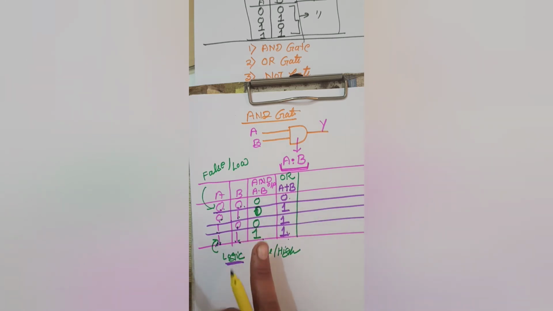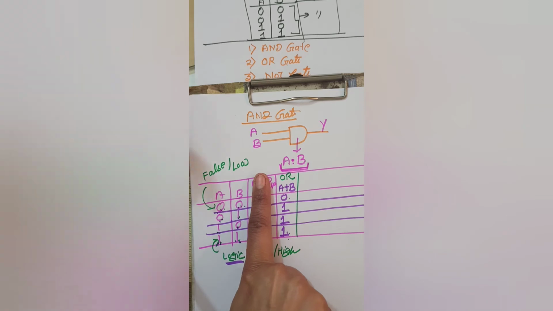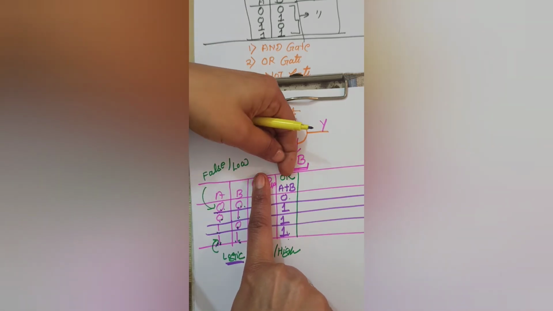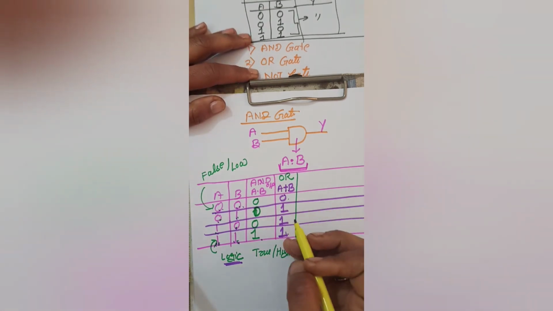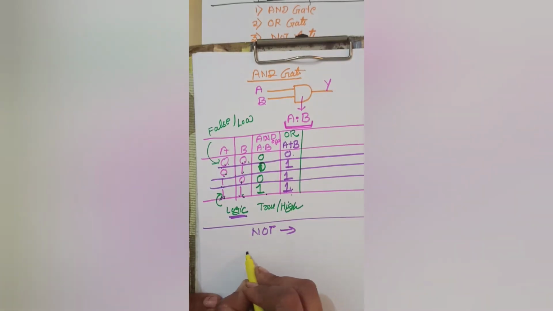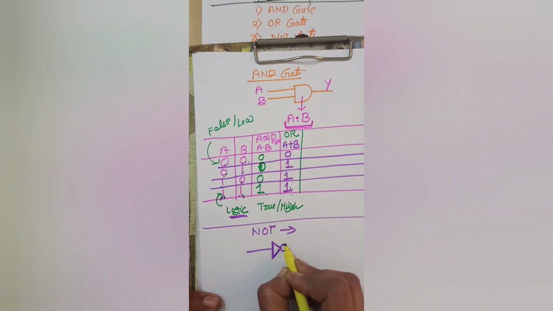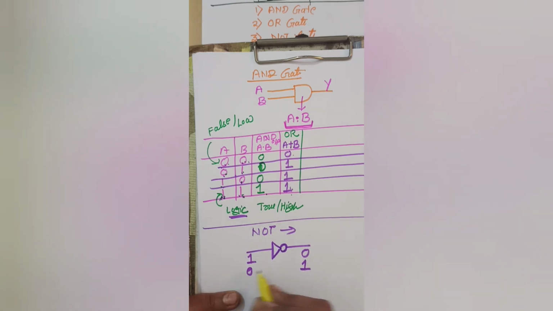Whenever you are going to discuss any one gate, just draw all the inputs and the concerned output. I am just clubbing all the outputs here. Third is the NOT gate. NOT is the only gate which has only one input. The symbolic presentation of the NOT gate is something like your PN junction diode symbol, along with not a line but a bubble, a circle, right? So if input is 1, the output will be 0. If input is 0, the output will be 1.